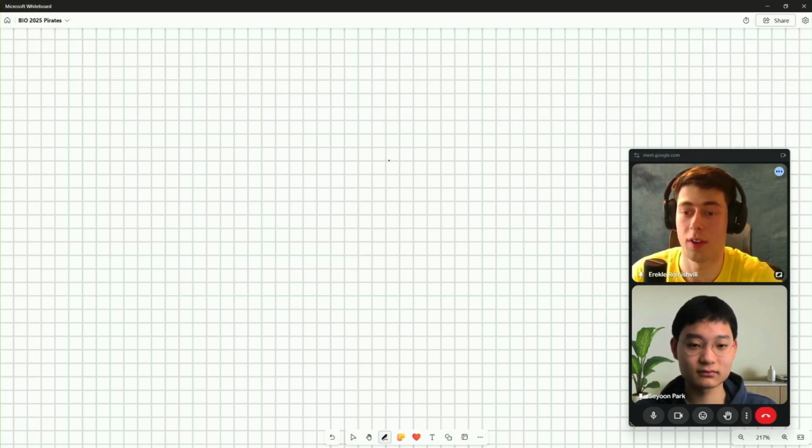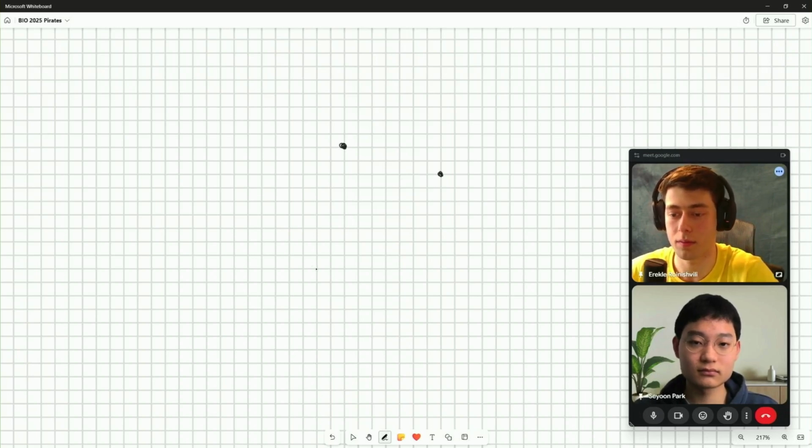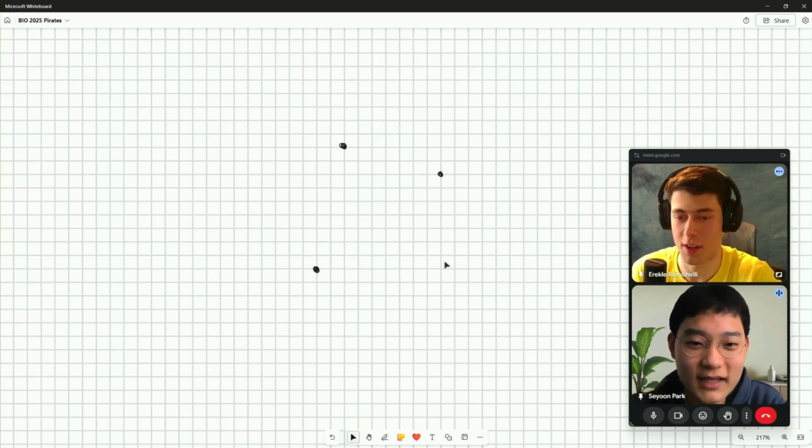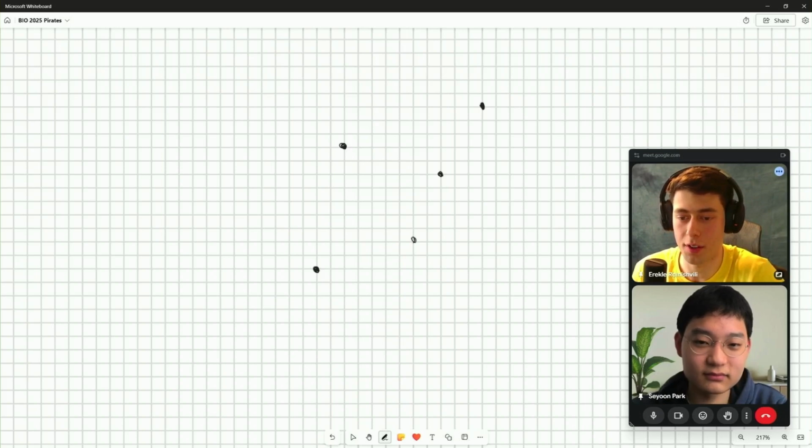In this problem, the statement isn't too complicated. We've got a bunch of points in the coordinate plane with given coordinates. So let's say these are our points. We've got a bunch of points, and then some rectangles, and for each rectangle, the question is how many of the given points are in the rectangle.